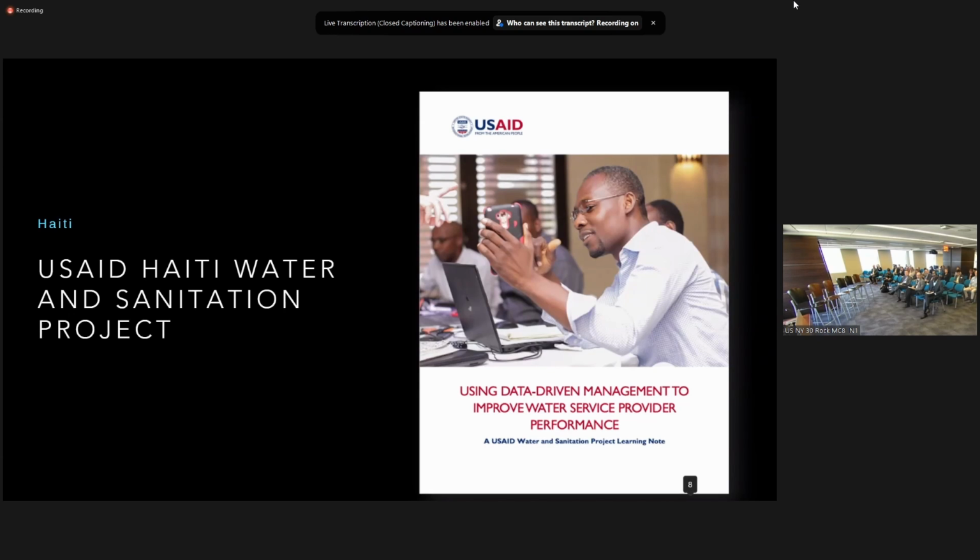And as a result, we started with a few utilities, and by the end of the program, we had all urban water utilities in Haiti reporting on these indicators. They were having progress in key performance indicators by the end of the project that they were making themselves. They were having monthly meetings and updating this, and that was really exciting to see. And then when USAID came to do the M&E evaluation, they were able to just do spot checks on this data. So that was really exciting.